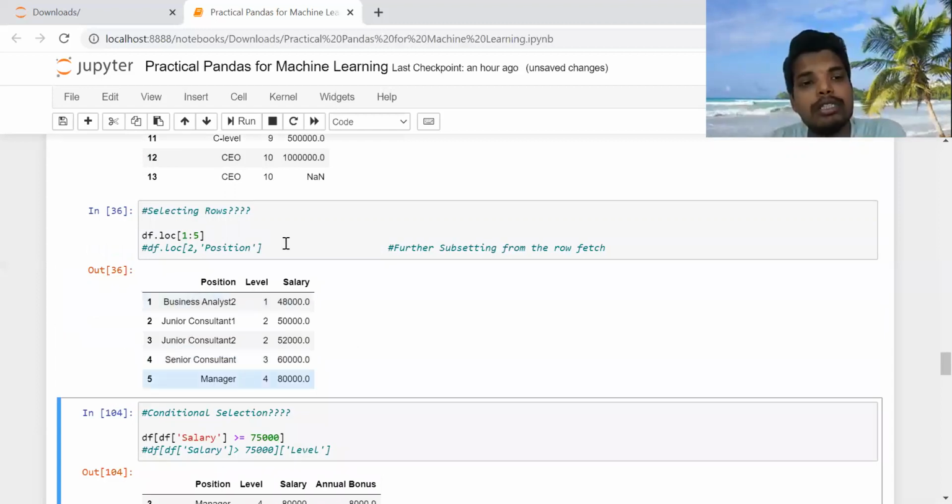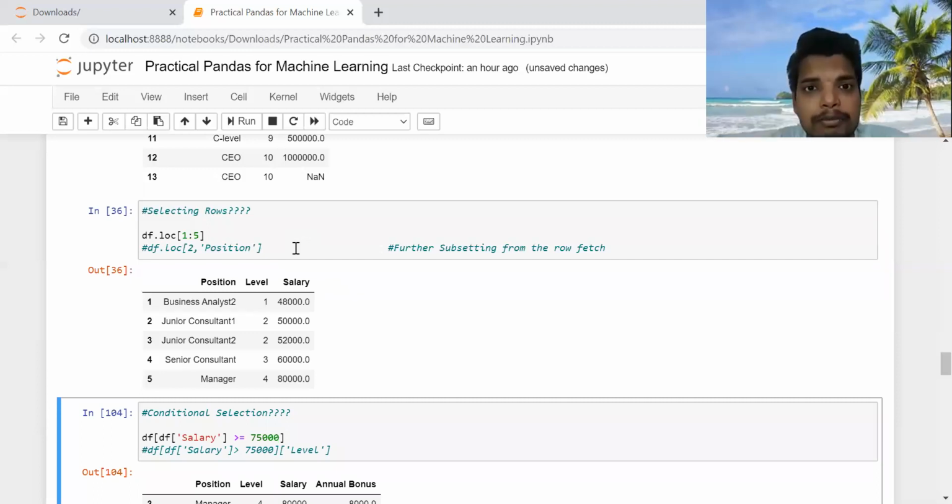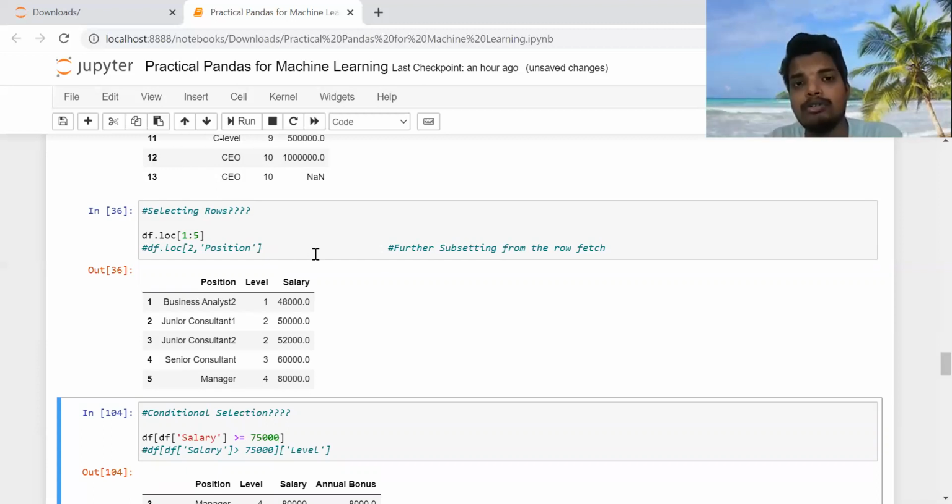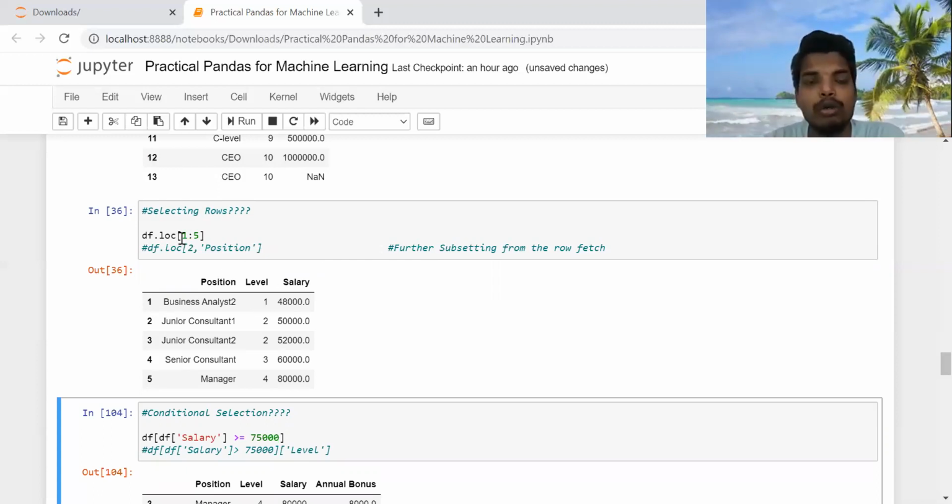So it will show you all the 5 rows you have mentioned. This was one way to fetch a subset of rows. If you want to select certain rows only from the entire data set, this is one way: df.loc, and you need to mention the indexes.